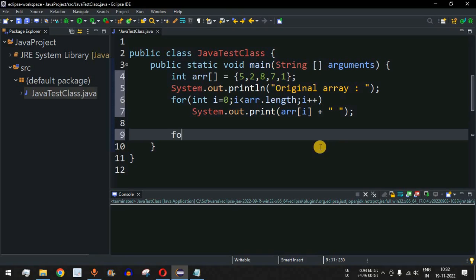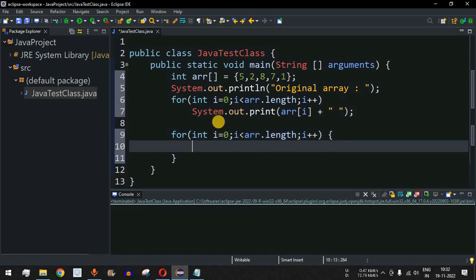So guys, we will be having two for loops over here. The first for loop will be the outer for loop, in which case int i is 0, and then i less than the array length. So we have array.length over here, and then i++. So the outer loop goes through each and every element starting from the index 0, and inside this we will be